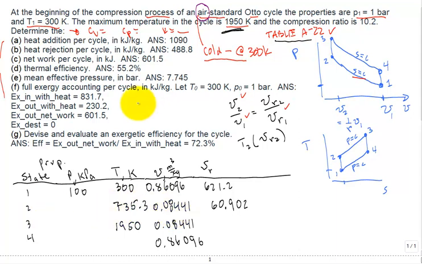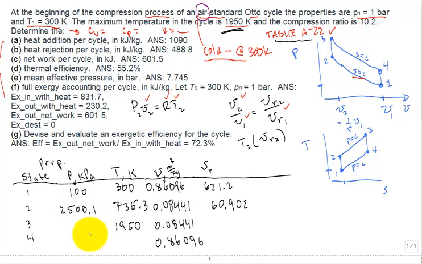Now that I know the temperature and the specific volume at state 2, I can calculate the pressure. Just go back to the ideal gas equation. P V at state 2 is equal to R T2. I know T2, I got R as a constant, the gas constant for air. I know V2, the only unknown is P2, so we go ahead and calculate the pressure. So it's